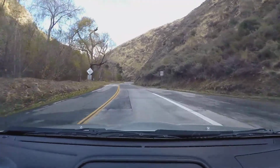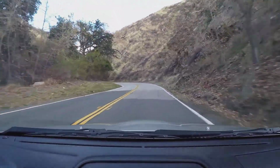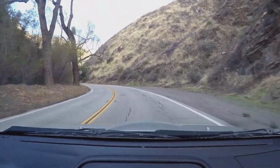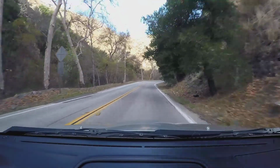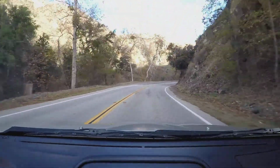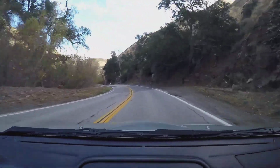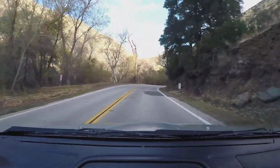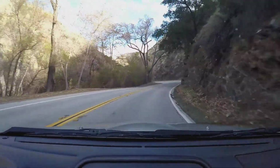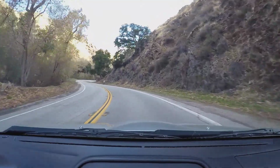Now, one thing that I do have to complain about on Bouquet is the road quality. It's absolutely terrible, both ways. Believe it or not, it's better going the direction we're going right now than it is coming the other way. Coming the other way is uneven, patchy everywhere, massive potholes. That's really the only letdown of Bouquet, is that